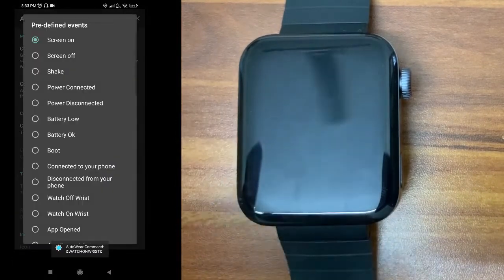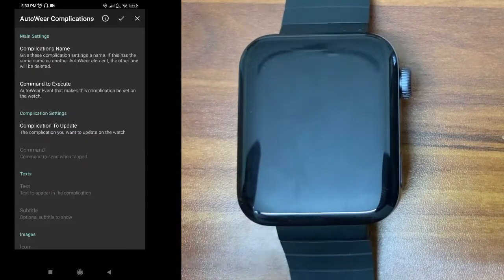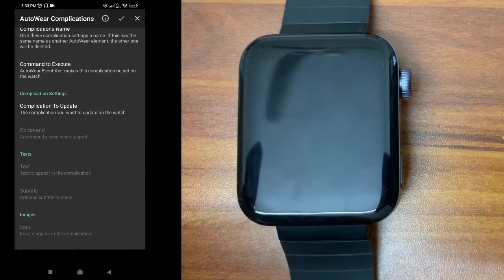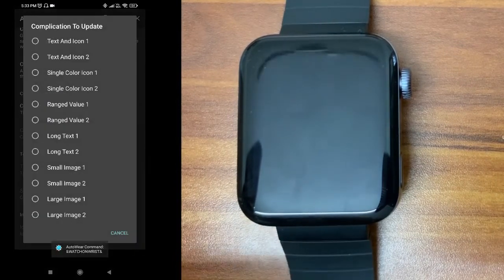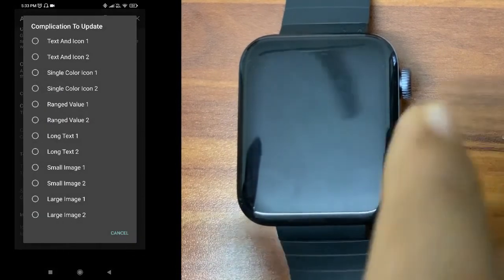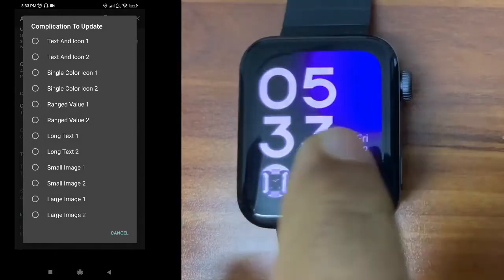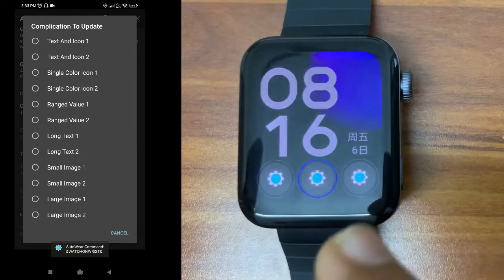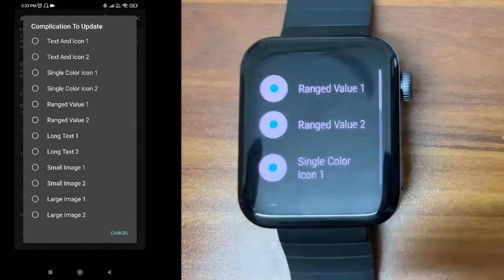These are predefined events; based on your need, you can select whatever you want. I'll just select screen on now, and now the complication to update. So we selected the small image one, right? Now you can see there are some different options. Comparing the phone and the watch, the options differ.